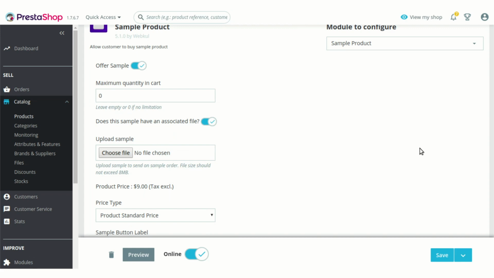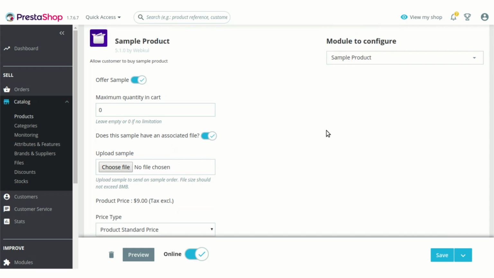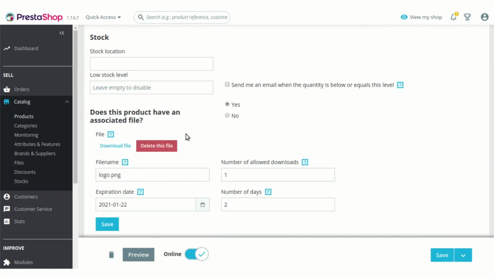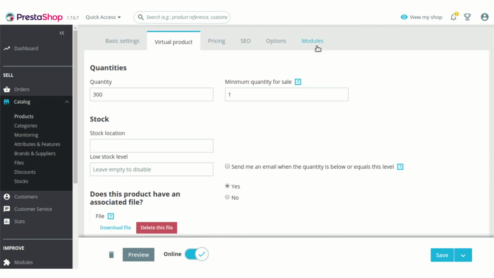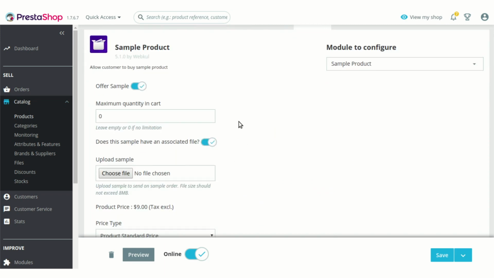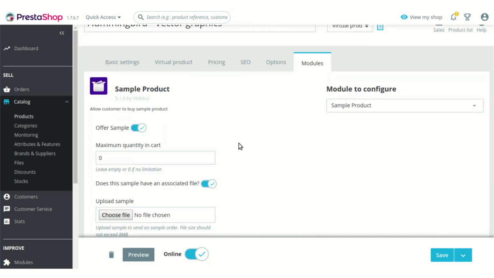Now there is a case for this virtual product files. Say if an admin forgets to attach a file here, then it becomes very clear that he would not be getting any option to attach any file as a sample file.